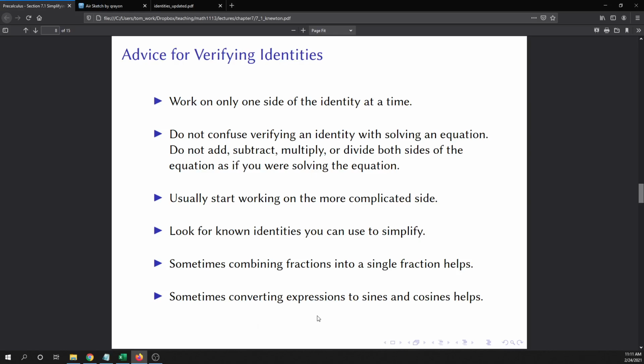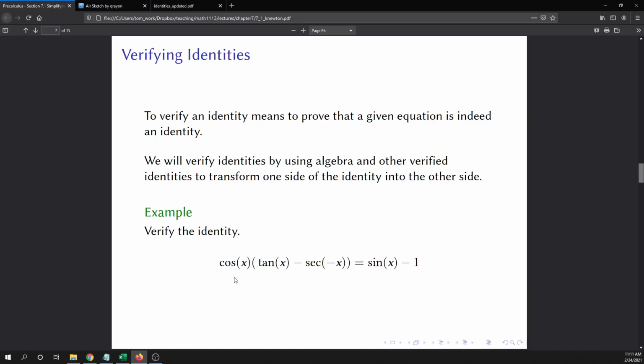And then sometimes converting the expressions that are involved in the identity to sines or cosines will help. Not always. You don't want to do that every single time, but a lot of times that will be helpful. One other thing before we start on this first example, and that is the traditional problem of verifying